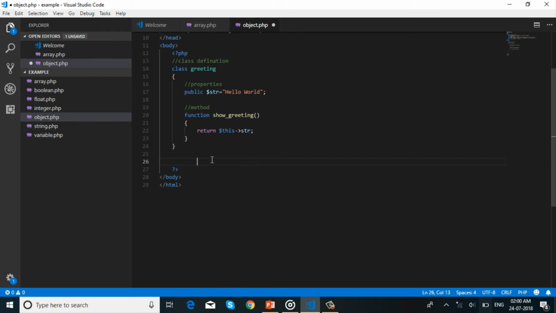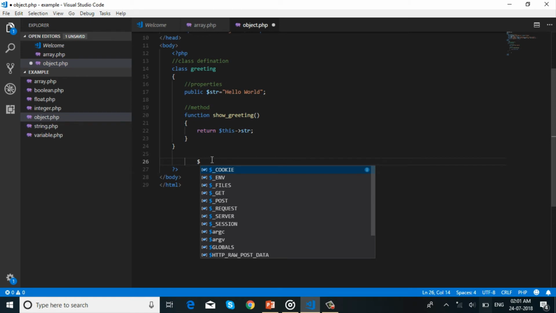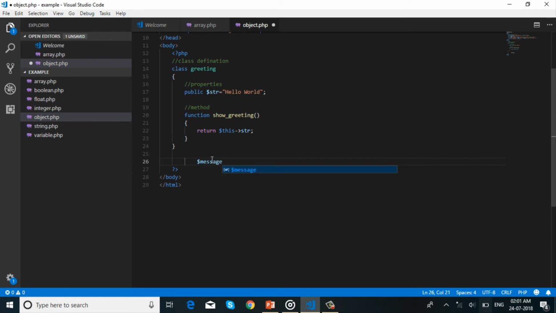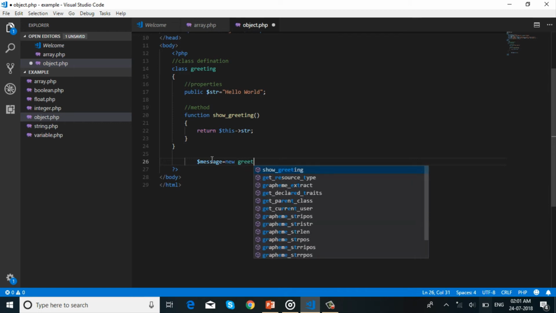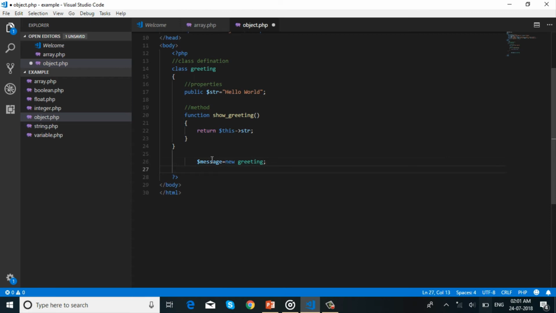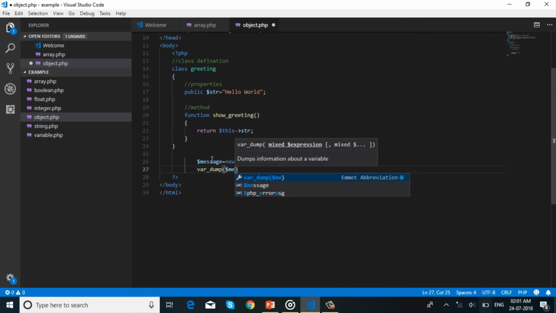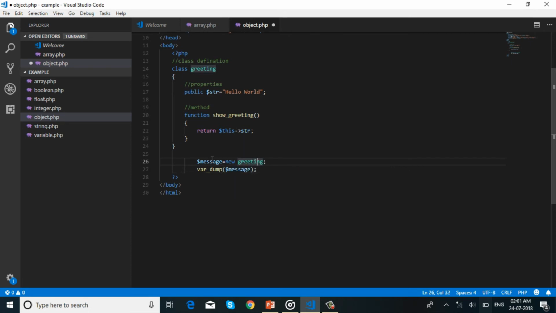Then, to create an object from the class. Objects are defined as instances of user-defined classes that can hold both values and functions.